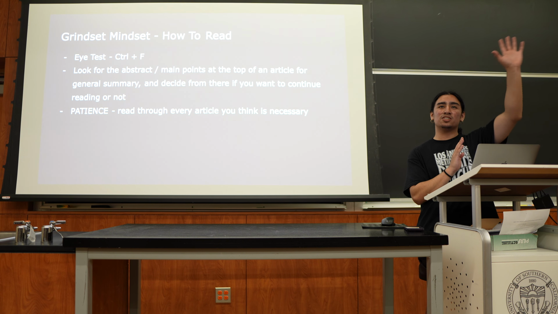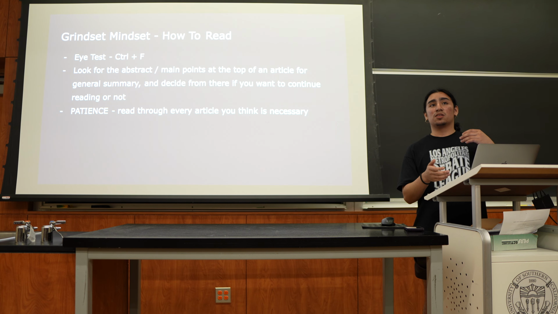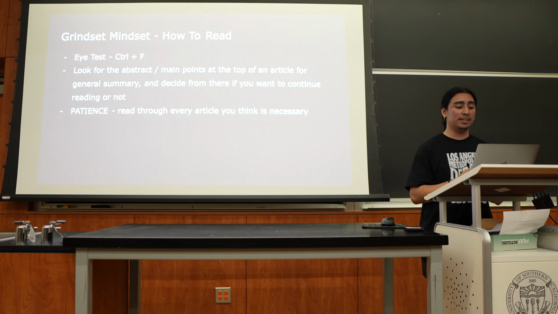Second thing, look for the abstract or main points at the top of an article for the general summary and decide from there if you want to continue reading or not. Sometimes when you're searching for a certain thing, you're gonna get perspectives from both sides, and you might find articles that disagree with the point you're trying to make. You might find articles that agree with the stuff that you are trying to make. The fastest way to figure out if this is an article worth reading in its entirety is looking at